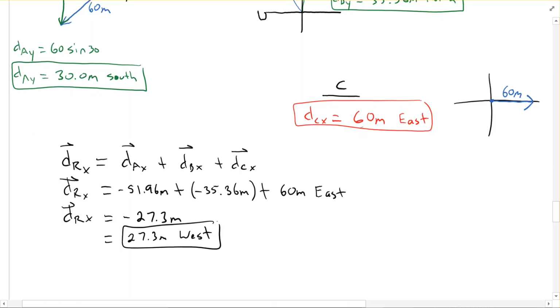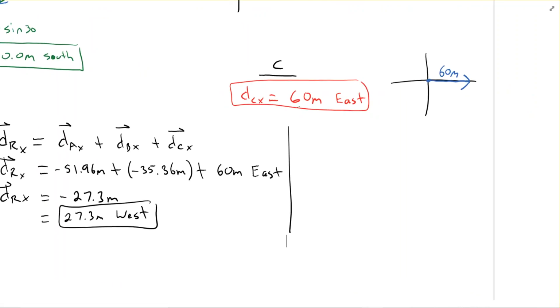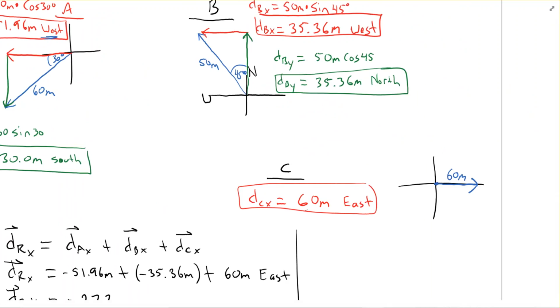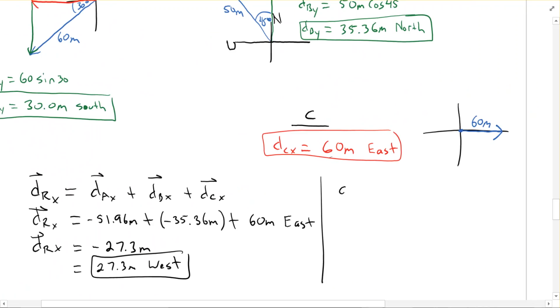Now the second one, maybe I can have room to write this over here. So now we've only got two green ones, right? Two north and south. So dry is going to be equal to day plus dby, because dc didn't have anything to do with the y component. So if we do that, we got dry